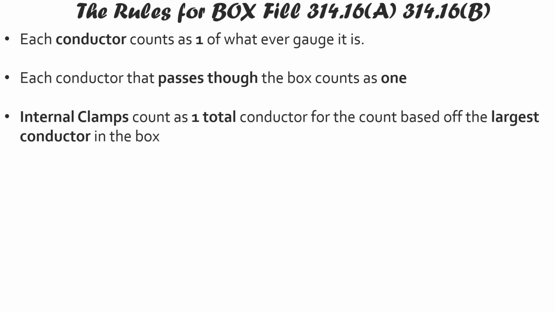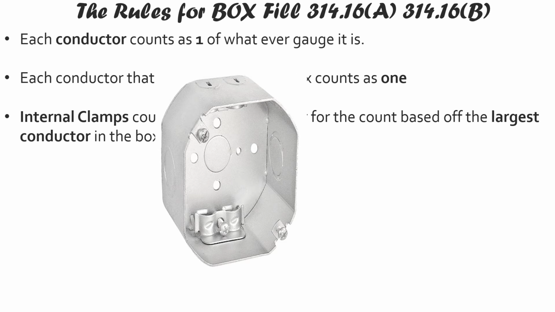Let me show you what I mean. This is an internal clamp. The clamping mechanism is inside the box. Well, it's taking up some of my space, so we have to account for it somehow. What this code is stating is it doesn't matter if I have 1 or 5 of these clamps, we're only going to count it as one, and it's going to be grouped with whatever the largest conductor is in the box. Meaning if I have 12 and 10 gauge conductors inside that box, this internal clamp would count as one